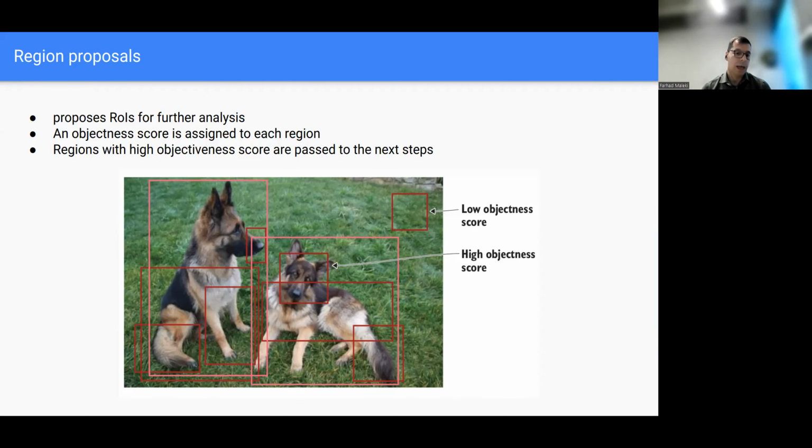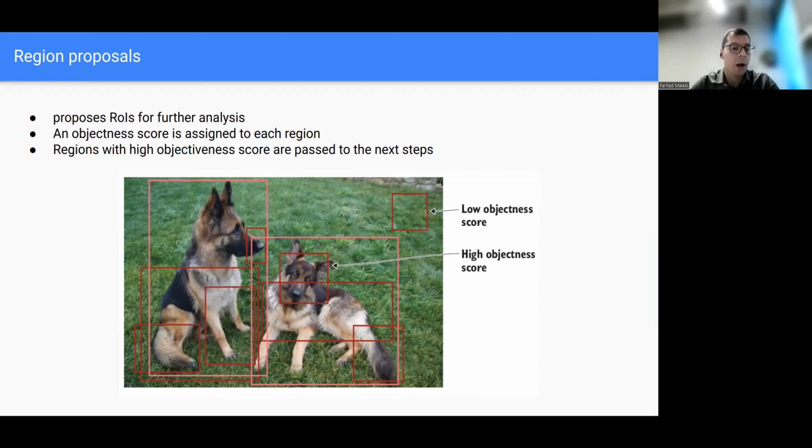And if a box still has the face of the dog, it should still get a relatively higher objectness score compared to a box that covered the background, or a box that covered just perhaps a small portion of the body of a dog. So that's the objectness score.